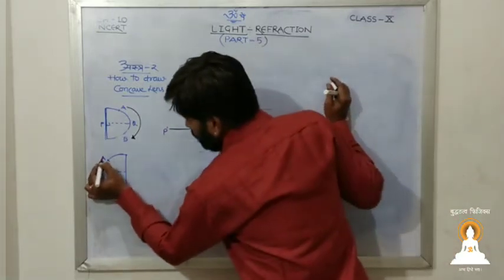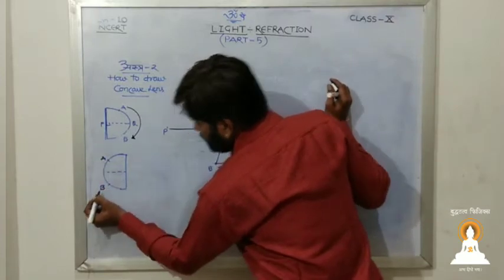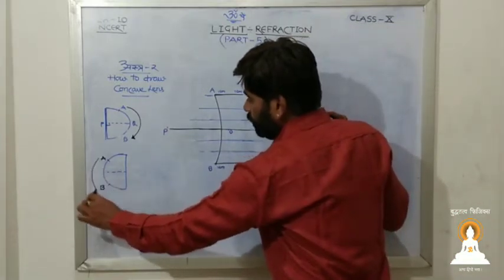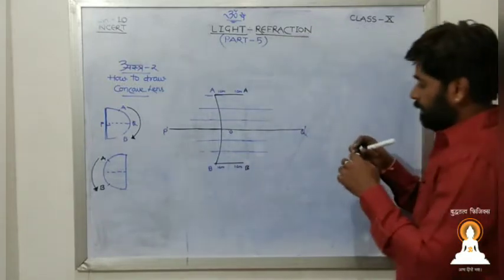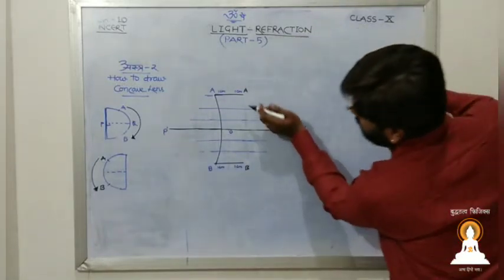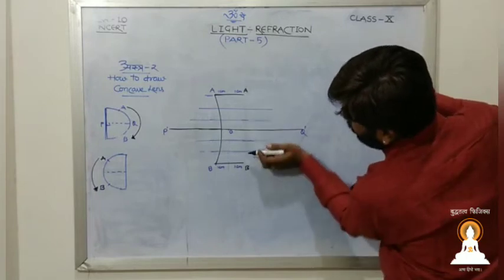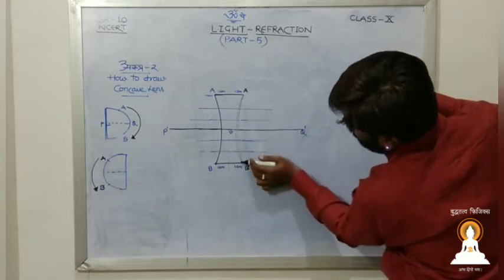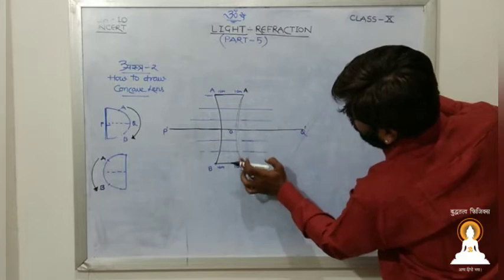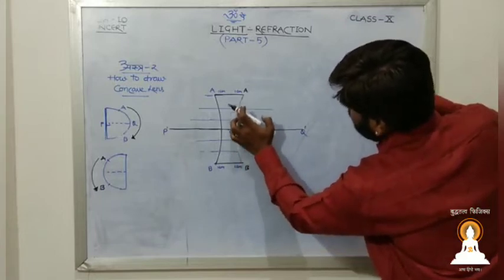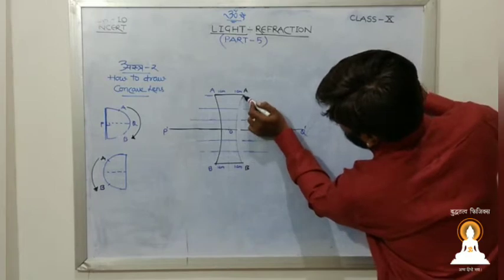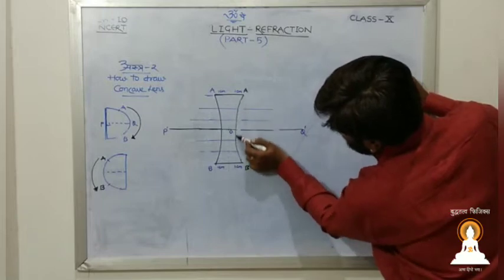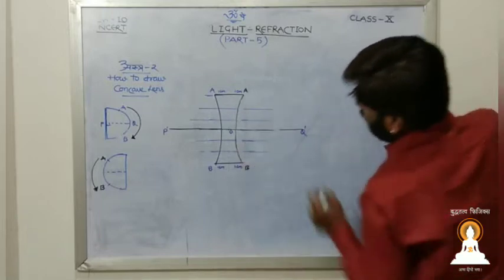Let me write them with a black letter so that you may distinguish. Then make a curve from A to B. Very simple. You will get a curve just like this. When you do this in your copy, you will get the exact one, irrespective of whether you are good at drawing or not. If you have good measurement, you will definitely get the exact diagram.